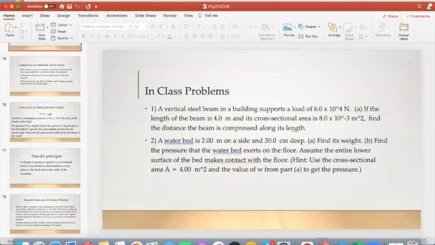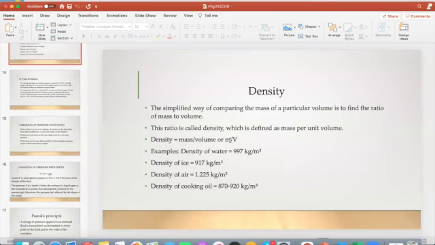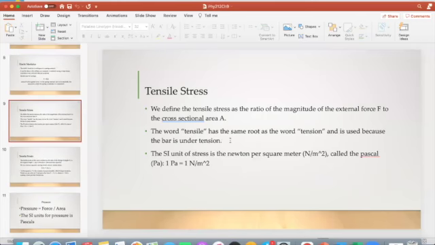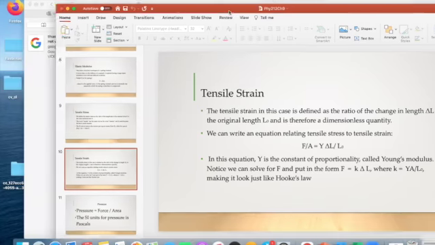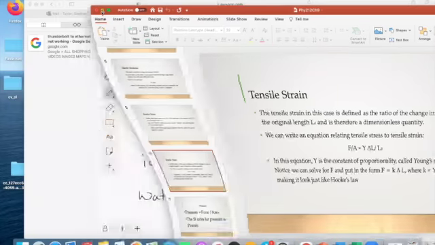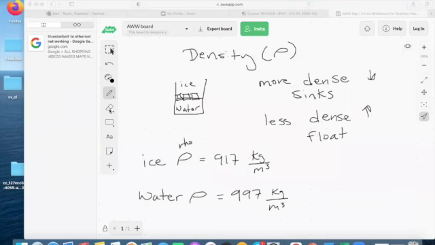All right, so let's go ahead and go back up into the slides. Earlier we were talking about stress and strain, where we have force over area, which is our stress, equal to Young's modulus times the change in length over the original length. They're asking us to solve for the change in length, which is delta L. So we will be using this equation and moving everything else to the other side of the equation. Let's go ahead and write this down, and let me clear this off.